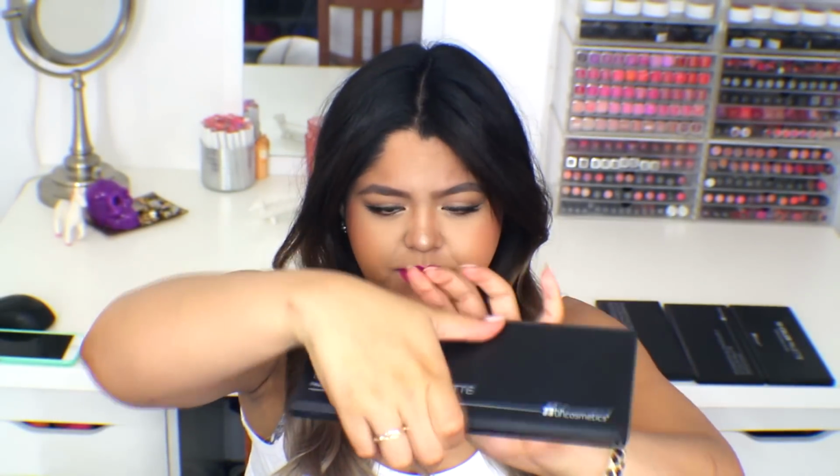I think I paid like $8.50 for each palette, and that's really inexpensive because for one foundation at the drugstore you're gonna pay $10. So for all of these colors I only paid $8.50. The next thing I picked up was their Glamorous Blush palette,